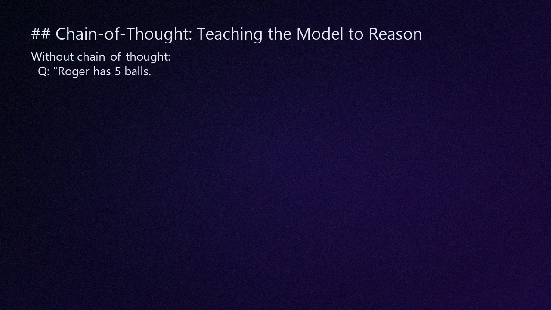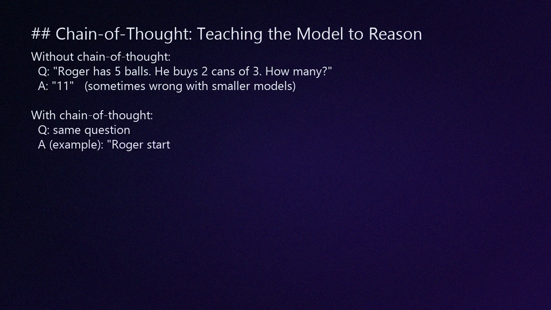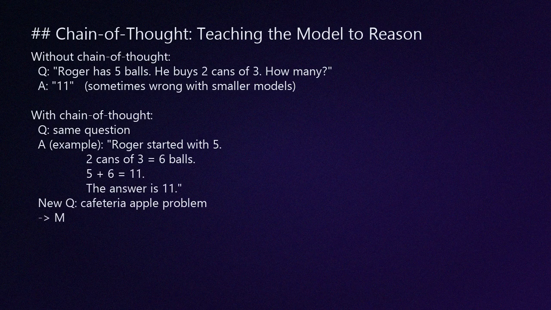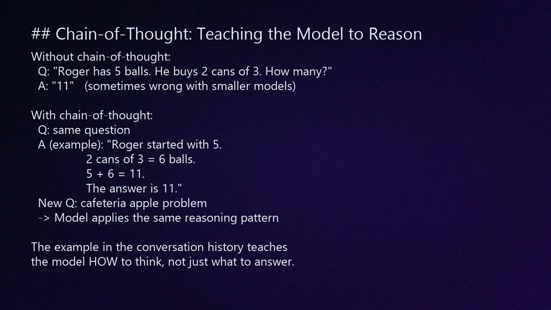Chain prompting breaks a complex task across multiple separate calls. Chain of thought is different. It happens inside a single prompt, and it teaches the model to reason step by step before giving a final answer. The key insight is that language models generate tokens left to right, and each token is influenced by everything that came before it. If you force the model to write out its reasoning steps before reaching a conclusion, those intermediate steps become part of the context for the final answer. The model literally thinks better because you gave it space to think.